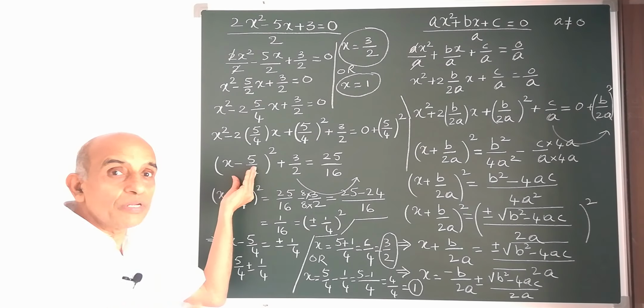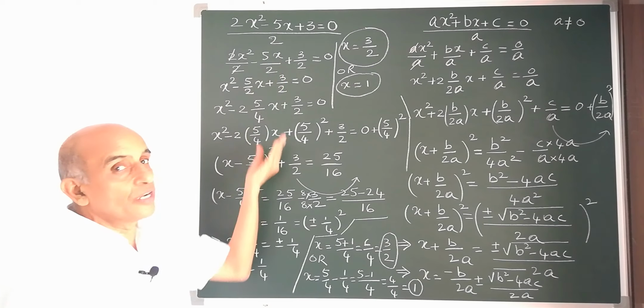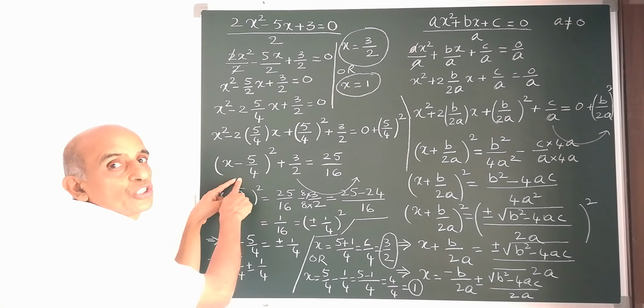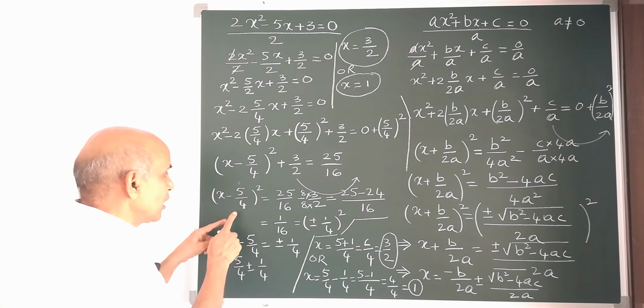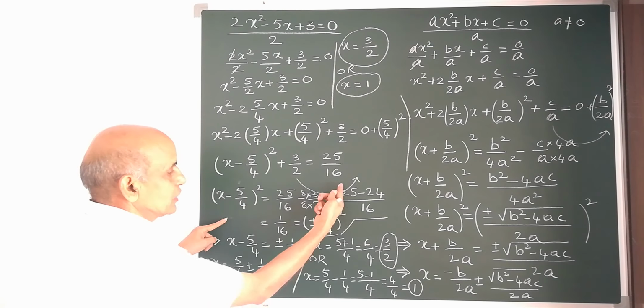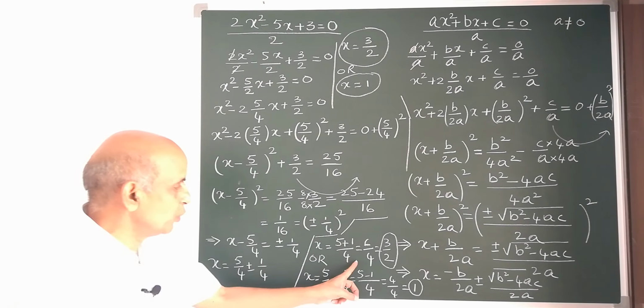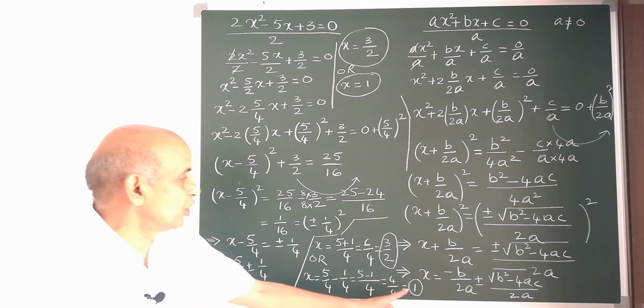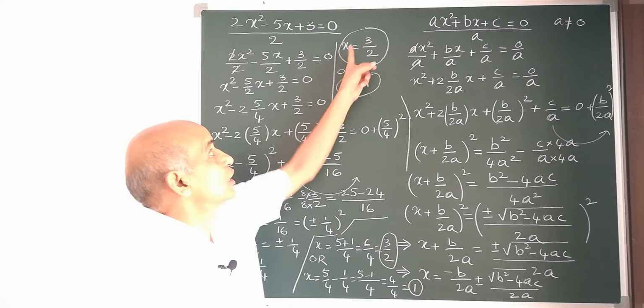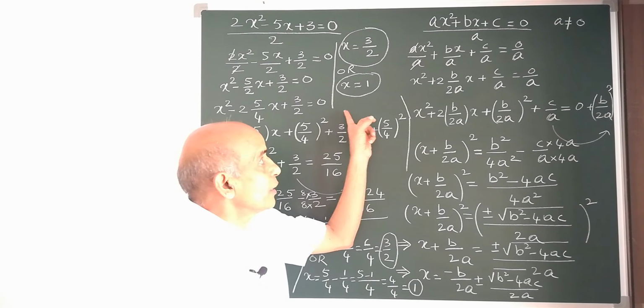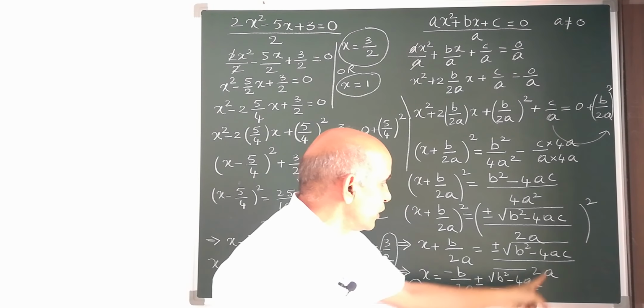So this is the meaning of solving a quadratic equation by completing the squares method. So by completing the square, the other side has become plus or minus. By taking plus you get one root, by taking minus you get another root. Hence we get, these are the two roots of the quadratic equation, and this is the formula we have derived.